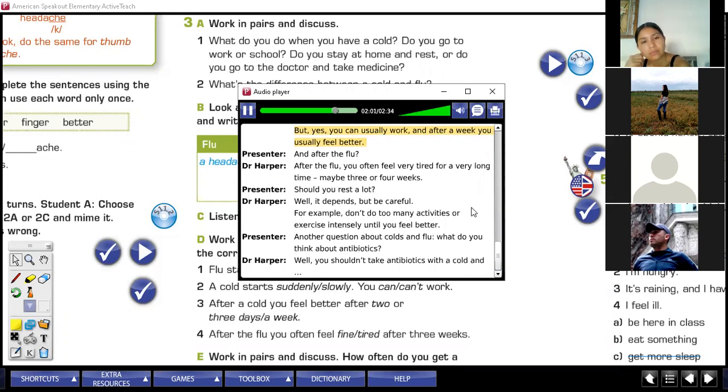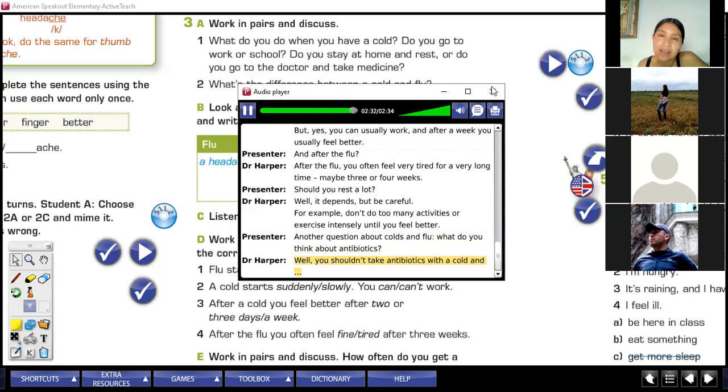And after the flu? After the flu, you often feel very tired for a very long time. Maybe 3 or 4 weeks. Should you rest a lot? Well, it depends, but be careful. For example, don't do too many activities or exercise intensely until you feel better. Another question about colds and flu. What do you think about antibiotics? Well, you shouldn't take antibiotics with a cold and